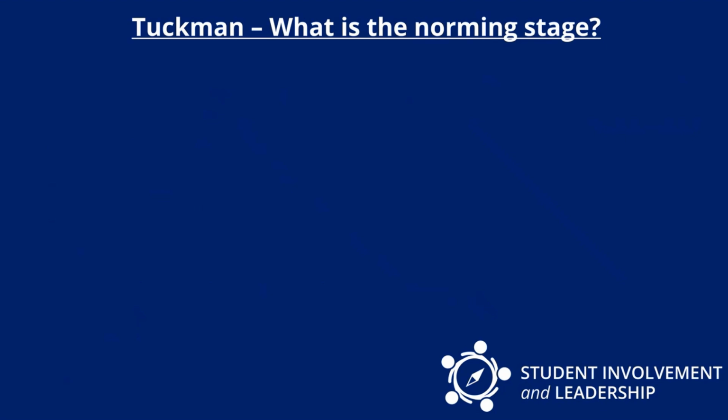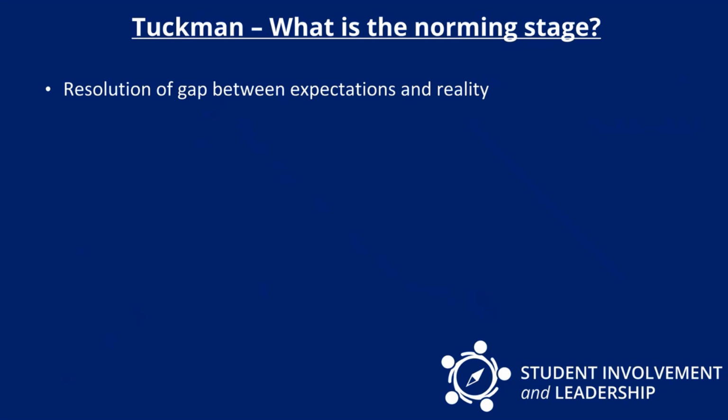So once you start to work through that storming stage, through things like town halls, open forums, and having that shared leadership where team members might go to one another for help rather than everybody being mad at one another and blaming the leader, potentially, you're going to start to develop those effective listening skills, those conflict resolution skills, be able to give that constructive feedback, and you're going to get into this norming stage. So what is the norming stage? So there's going to be the resolution of the gap between those high expectations that were set out during the forming stage and the actual reality of your group.